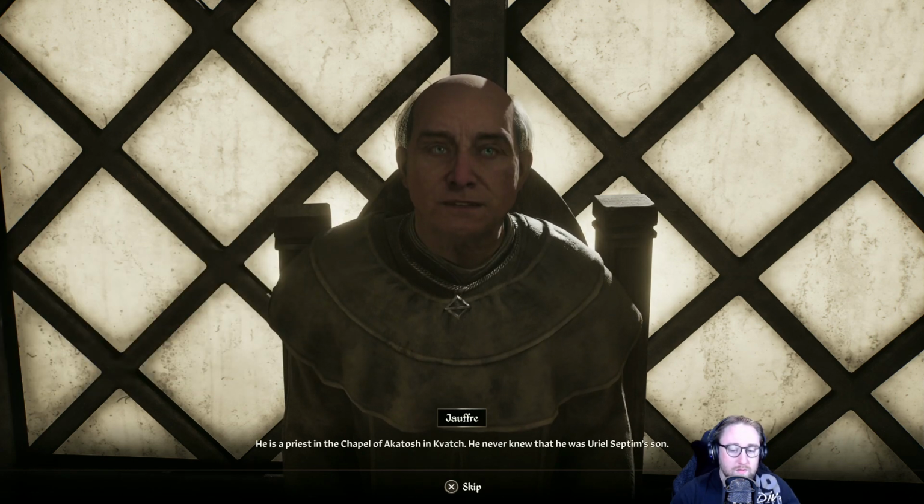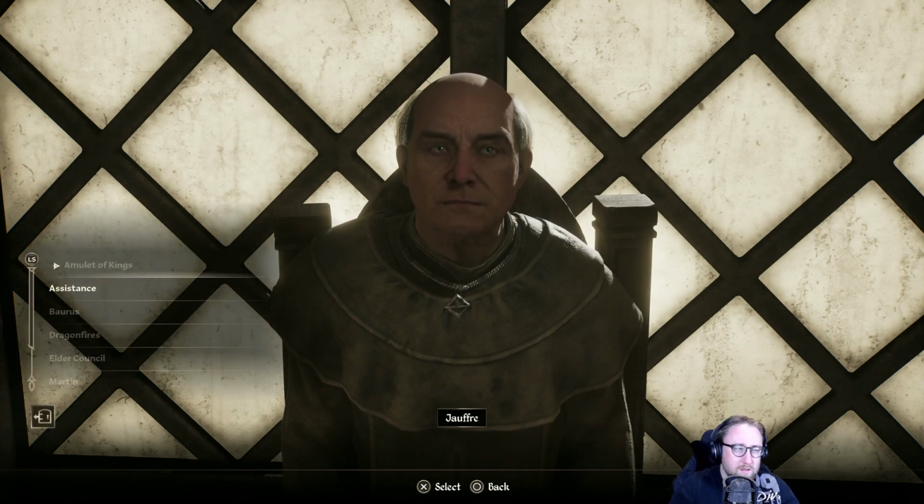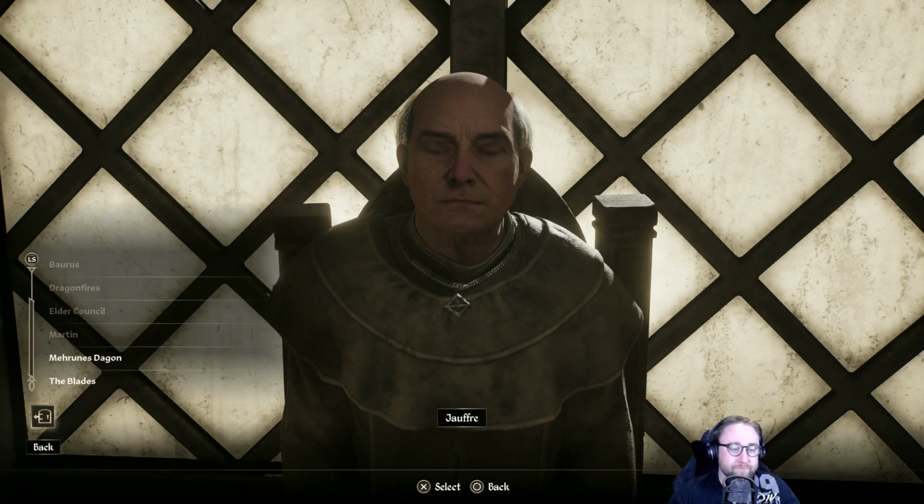He is a priest in the chapel of Akatosh in Kvatch. He never knew that he was Uriel Septim's son. You need to find him at once and bring him safely back here. Okay. And I think it was just...